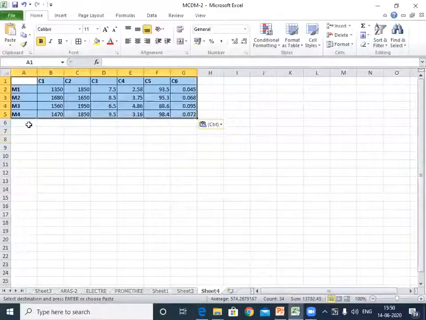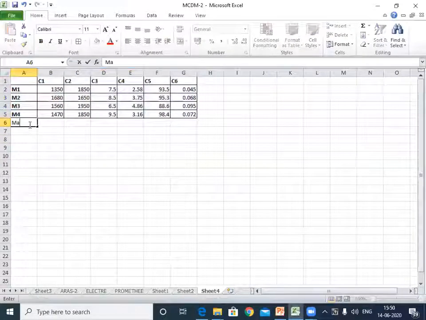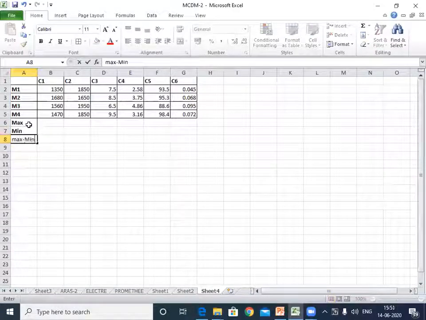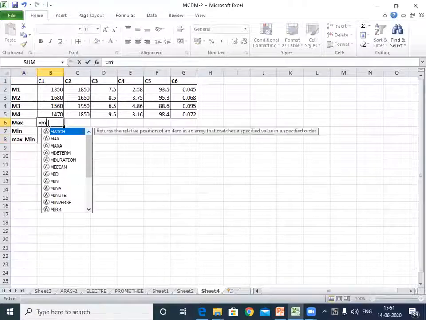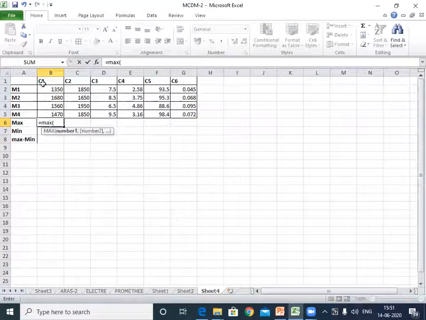So you find the maximum value, next the minimum value, and next the difference between your maximum and minimum. This will be equal to your maximum of this particular